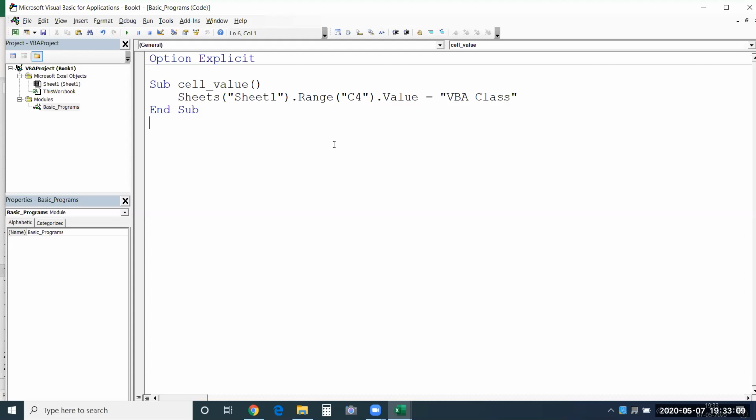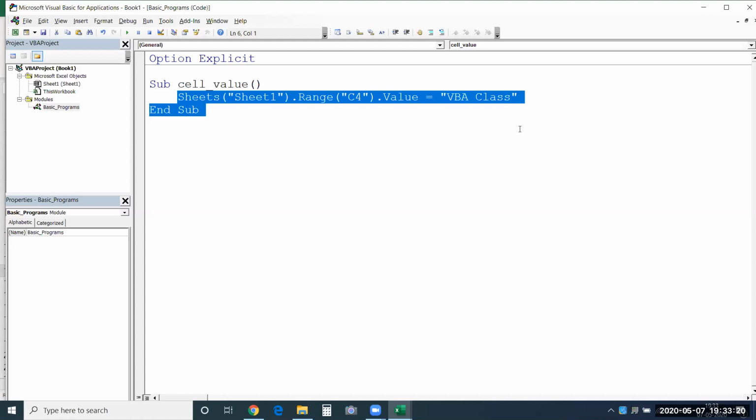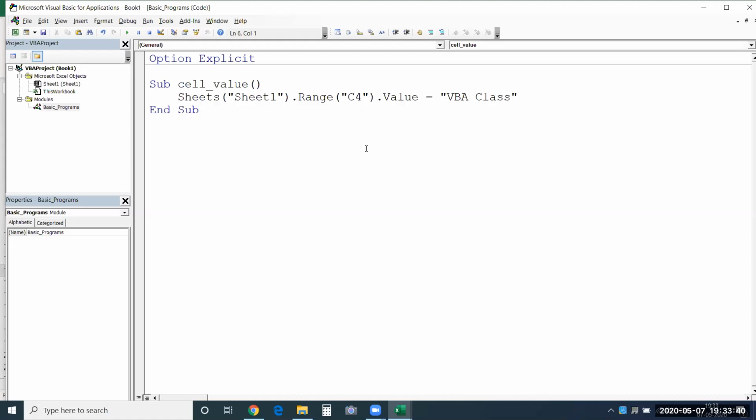and I have written it using the Sub keyword. You need to understand something here. Sub is a subroutine which is not going to return any value. It just executes the instructions that you provide and it will end the macro. That's all. But there is something else known as a function. A function executes the macro and returns a value for you. So it is used to return a value, and these functions can be used directly as a formula in your Excel sheet. But a Sub cannot be used like a function.